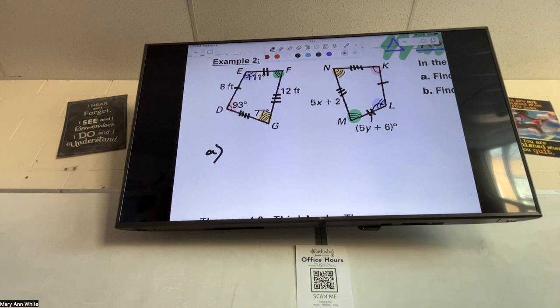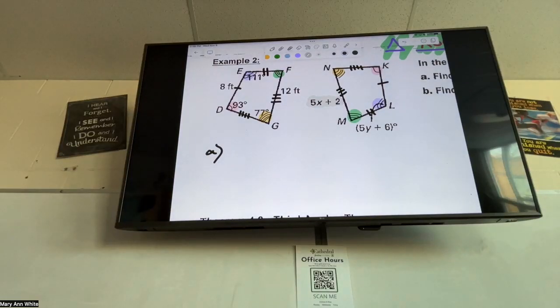So X, where is X? Where's X at? Good, 5X plus 2. Good, which number is that congruent to? Which side is congruent to the side that's labeled 5X? Good, and that's equal to? Good, and yes, I like that we said it that way, so I'll put it that way. So I'll say NM is equal to